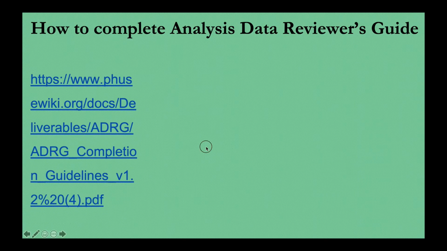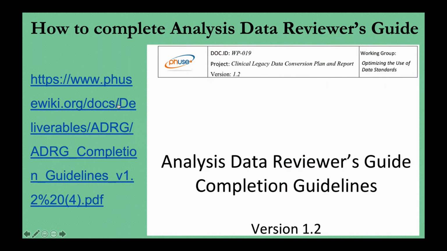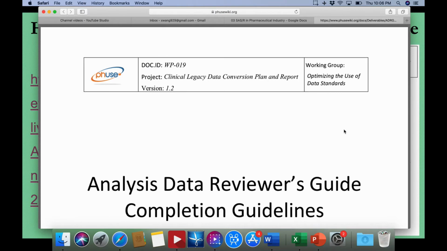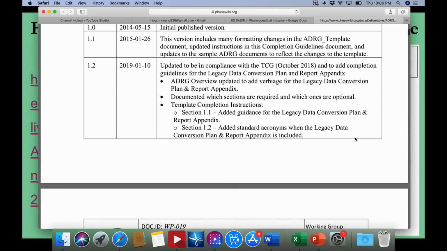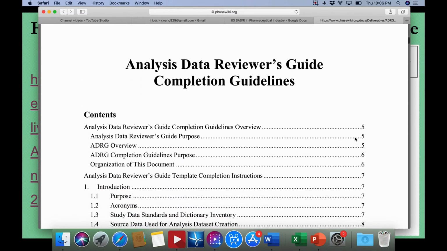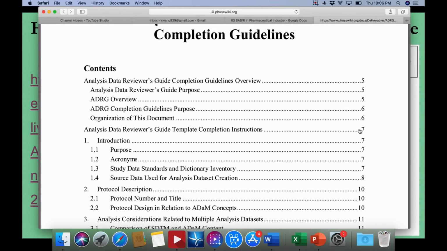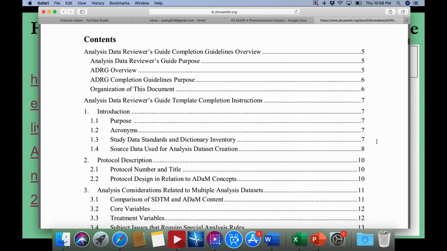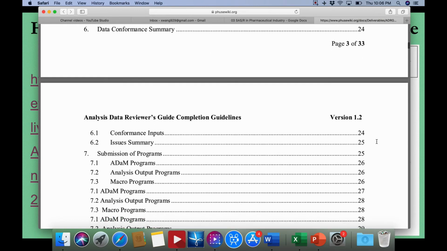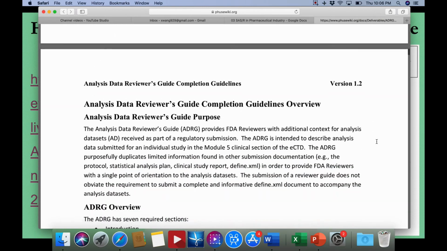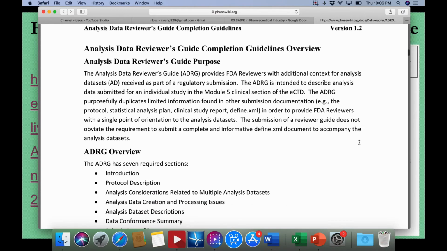So first you go to this website and click it, and this is the resource developed by Fuse. And if you click it, here are the completion guidelines. As you can see, this is the table of contents for each part of the ADRG. This is the overview,